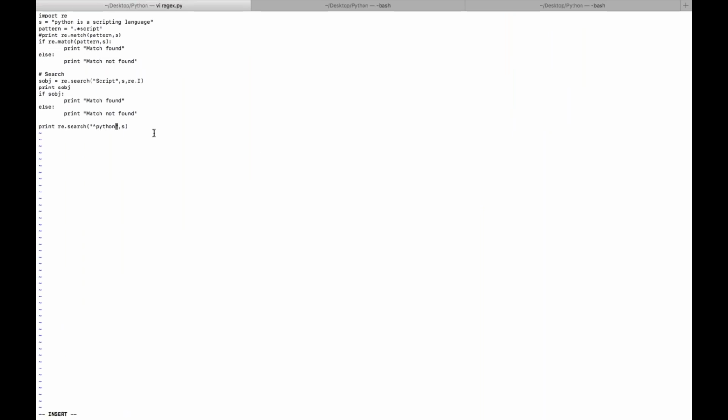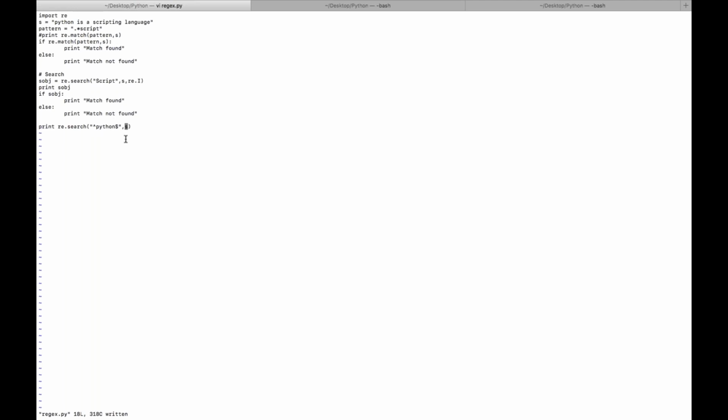So if you specify dollar here, the meaning of this is Python has to start from the string and it has to end. So dollar, if you specify dollar, it will consider before the pattern. So what is the character here? N. So it has to end with n, and before n is o and th. So we gave Python here. So it has to start from Python and end from Python. So dollar. So if you run now,